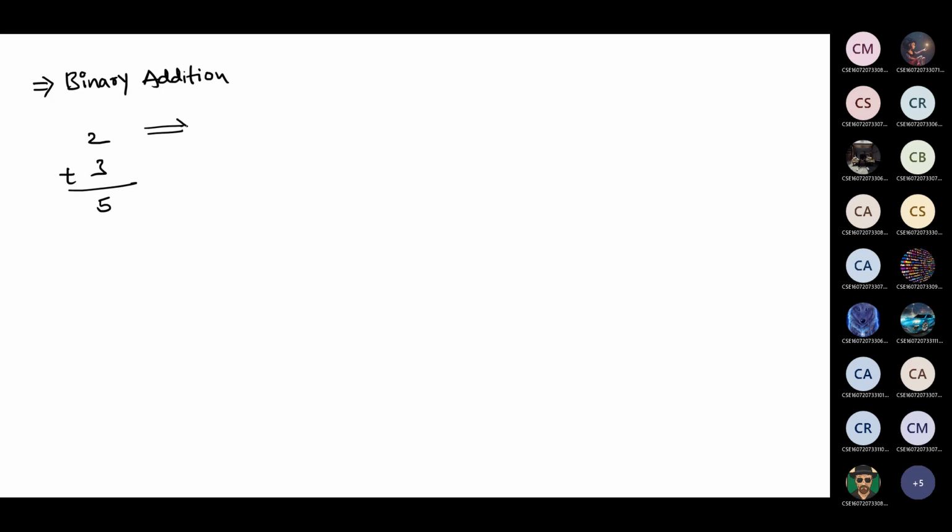So what is the equivalent of 2? And what is the maximum number of bits that you will use to represent 2? 3 bits. 0 1 0. Suppose I take two variables, how many combinations do I get? 4. So the formula is 2 power n, which is 2 power 2. It will be 4. So the 4 combinations are nothing but 0, 1, 2 and 3.